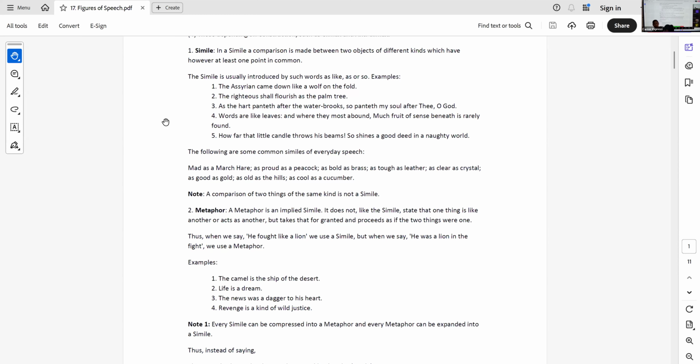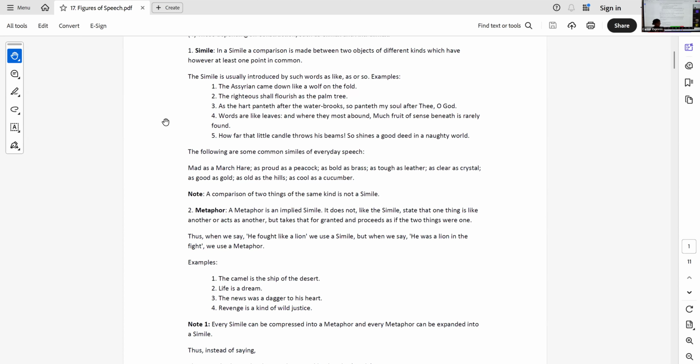Maybe. So metaphor is an implied comparison, which makes it more compact. As I was saying, camel is the ship of the desert. Seven words. Now I'm going to change this to a simile, and you'll see how much more space it takes. A camel takes cargo and passengers across the desert like the ship does across the ocean. I've lost count. That is the difference between a simile and a metaphor, which is why poets prefer using metaphors.